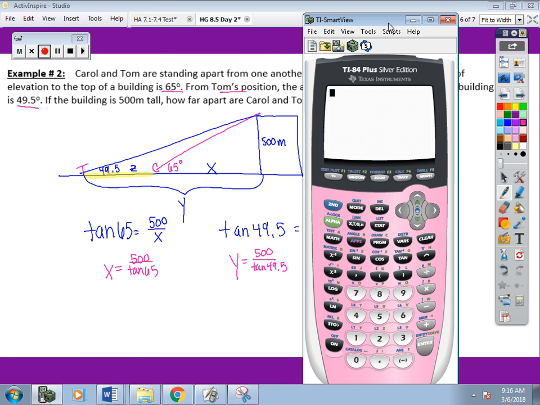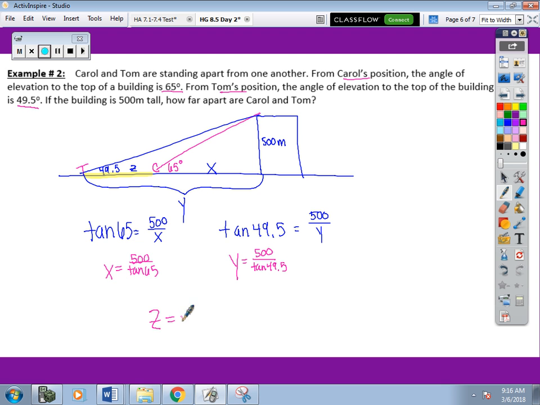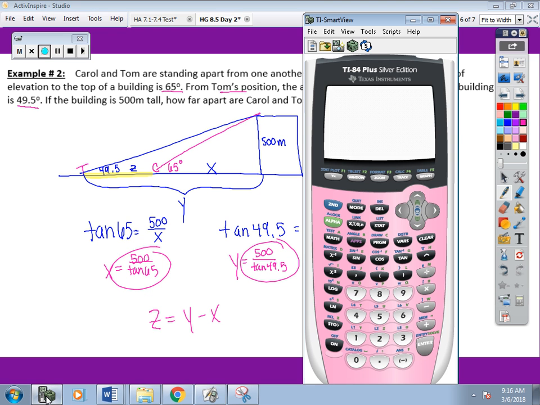Subtract. So our final answer will be that Z equals Y minus X. So you actually can take y and subtract x in your calculator, and that way there's no rounding. Now you will have to put parentheses around it. So 500 divided by tan 49.5. Close your parentheses once and close them again, which would be this. And then you can subtract x, which is 500, and in parentheses, divided by tan 65. And you'll get your answer without having to write down any decimals. You should get